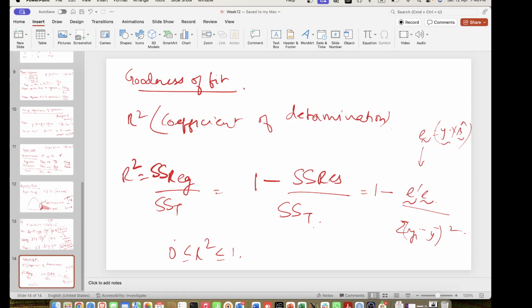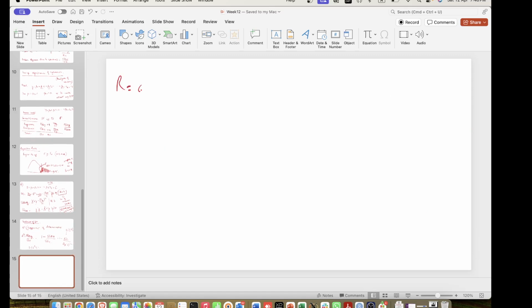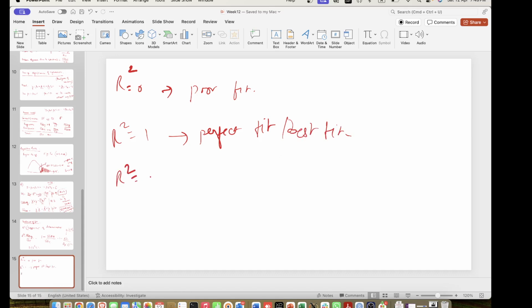If I have to interpret the values of R square, then R square equal to 0 means a very poor fit, and R square equal to 1 means a perfect or best fit. R square equal to 0.95 should be explained like this: 95% of the variance in y, or in the response,